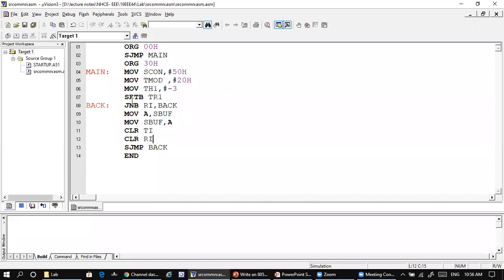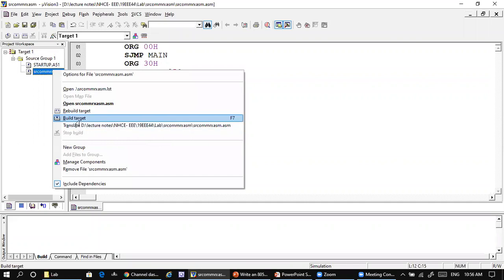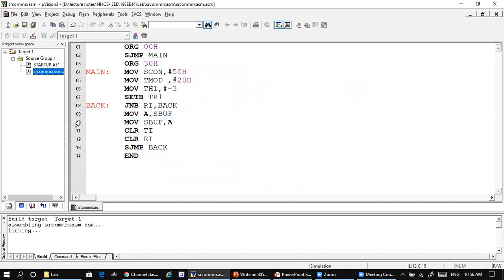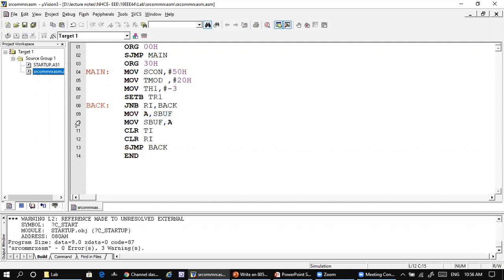In the simulation part, the same code that we discussed is written here and stored as an assembly language program. Then you can build your target, which helps us check for compilation errors.